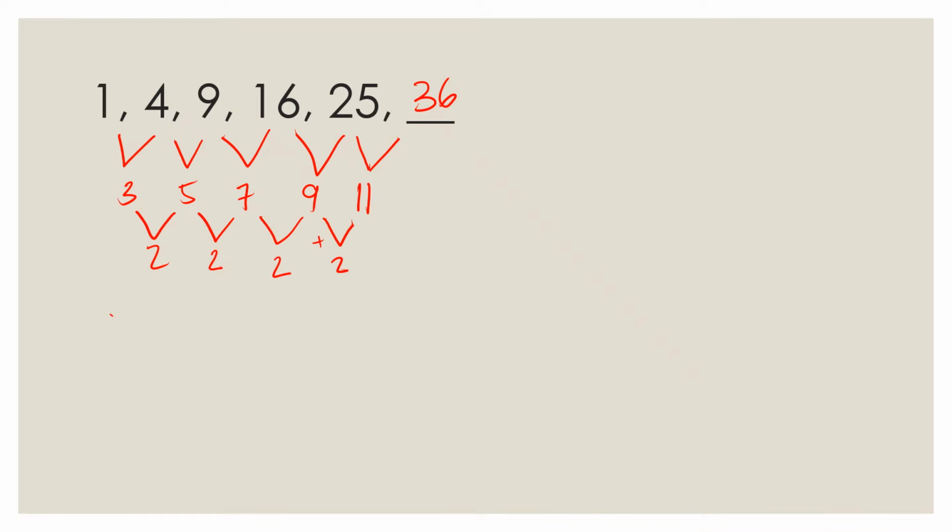Again, for those who are comfortable with numbers and math, you might be able to notice that these are the perfect squares. So this is 1 squared, 2 squared, 3 squared, 4 squared, 5 squared, and 36, of course, is 6 squared. So either you see it as perfect squares or you get the common differences, then we will get the same number, which is 36.